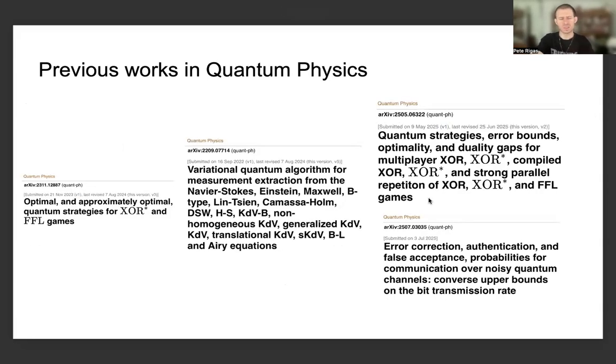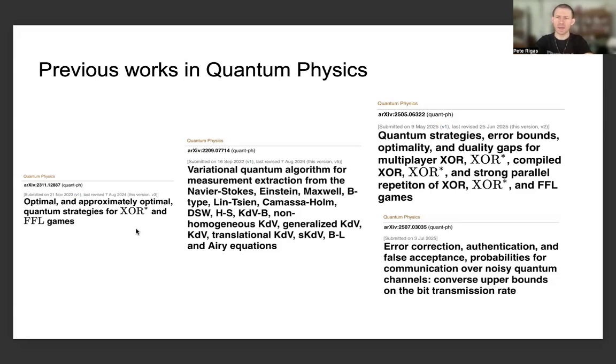And obviously, as one can expect, to make that connection or to make that conceptual leap from just some type of statistical physics perspective to some type of quantum physics interpretation or arguments, or maybe even like we've been describing computations with entropy and related types of objects. I also described these works, namely one of my earlier works in quantum information theory from 2023, coming up on 2 years ago, in which I described optimal and approximately optimal quantum strategies for XOR star and FFL games, and like how I've described at various parts throughout the